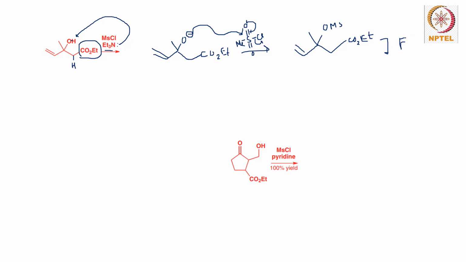It's not that Et3N is over. Et3N is still there in the medium. Just one molecule of Et3N has been used. So there is another molecule of Et3N. So that will take the proton from this position,